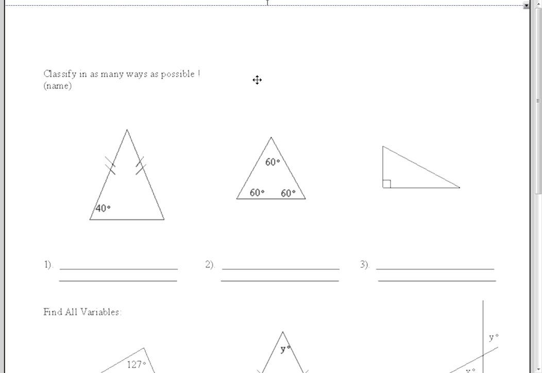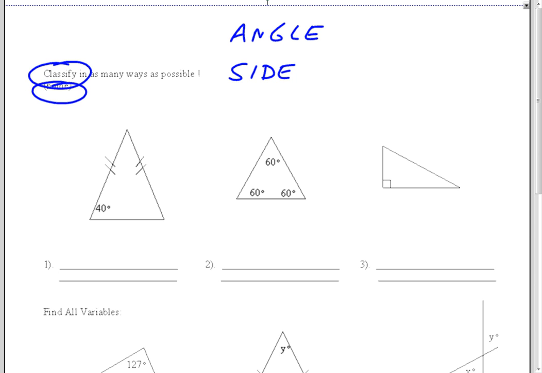At the top of your paper, write down angle and side. Classify. If you see the term classify showing up, make sure that you're naming something, either with letters, numbers, or